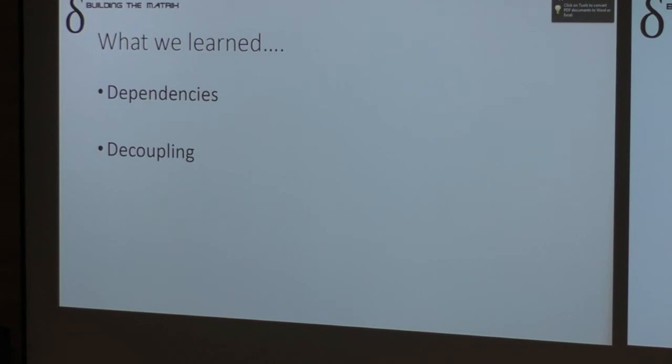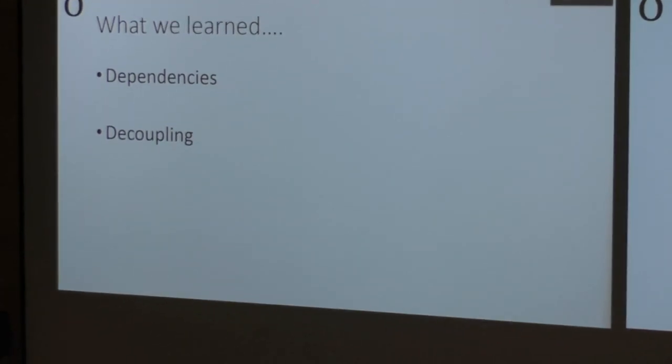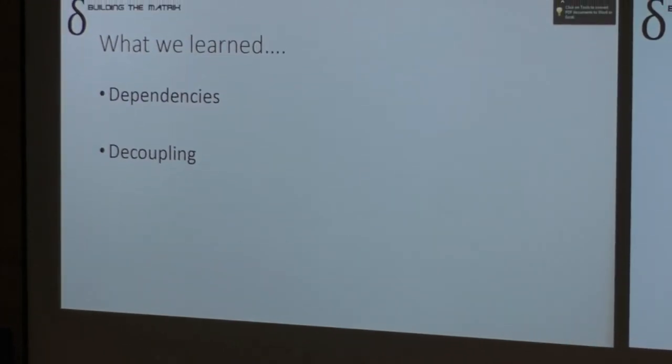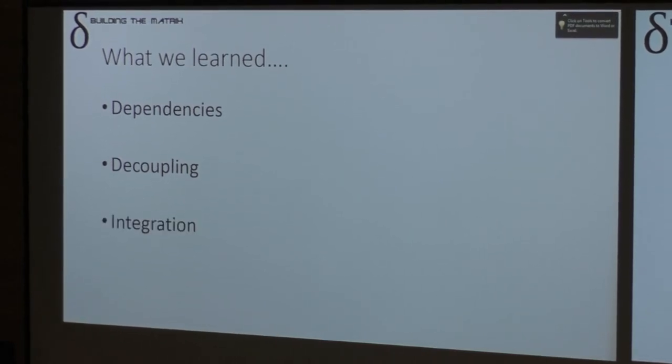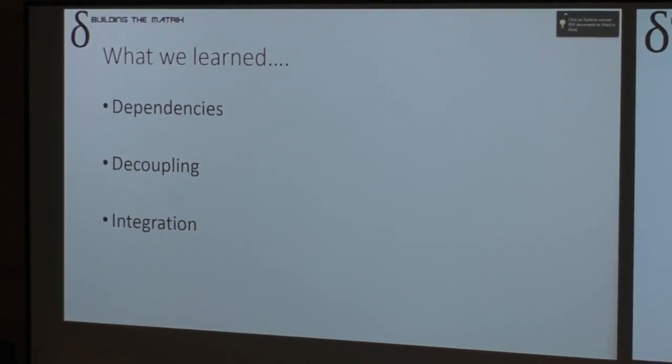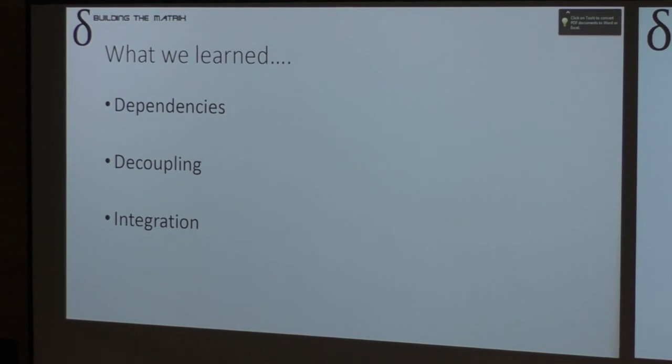Second thing is decoupling. Physics and graphics were tightly coupled from the start. Testing that was interesting, as I'm sure some of you can appreciate. So we've learned that we need to really separate our stuff into modules and really test from the ground up. And the final thing is integration. We spent a lot of time integrating our components together, and we really could have streamlined that more. Documenting APIs would have been probably a key factor to help with that. So documentation is not